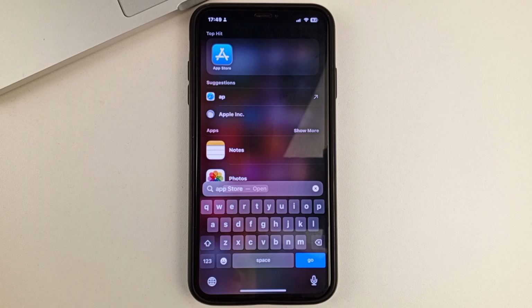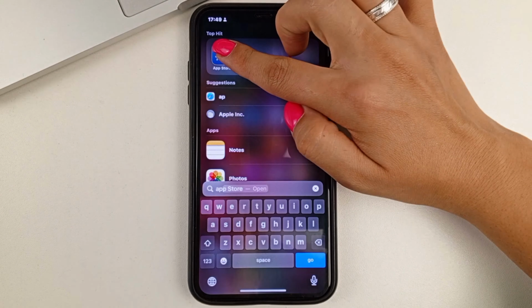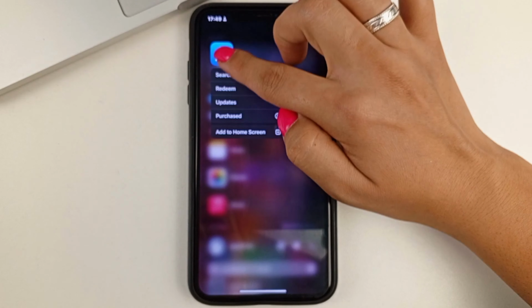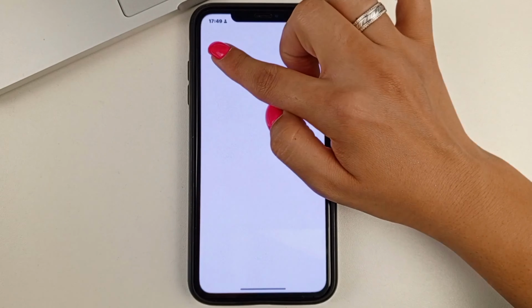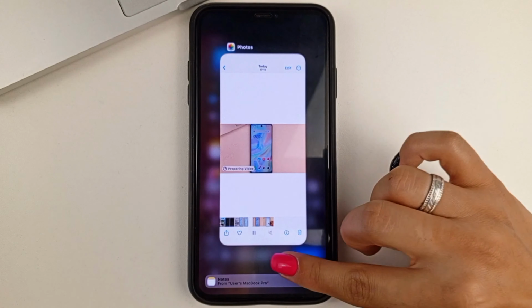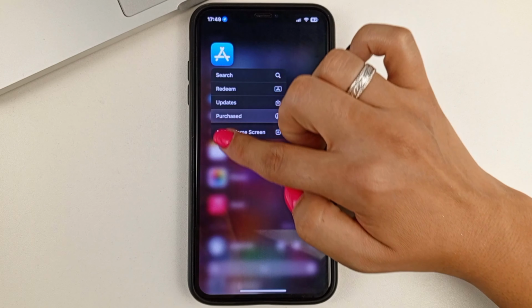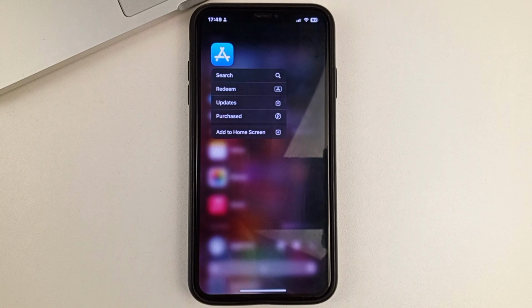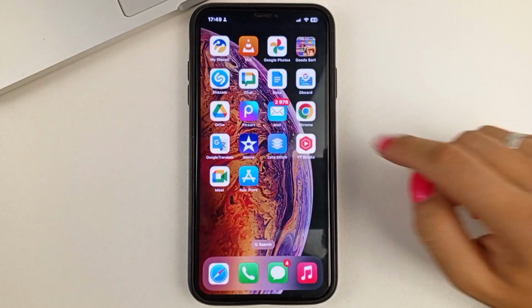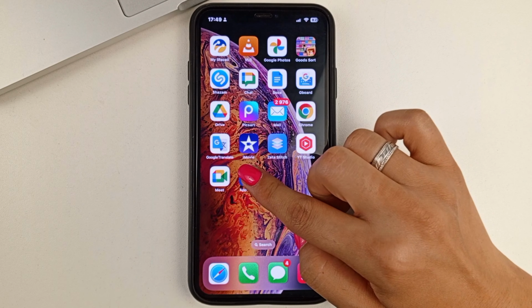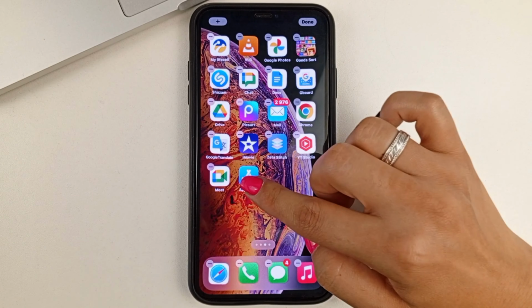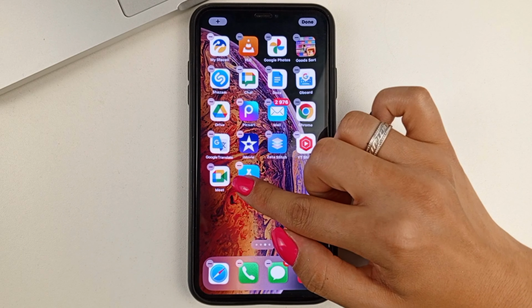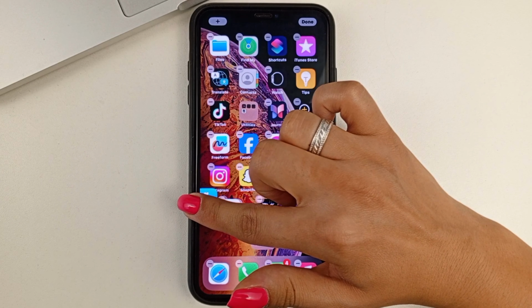And in order to bring it to the home screen, you'll need to tap, hold, and then you can just select. Press, and here you can select Add to Home Screen. And now, folks, you can also tap, then edit the home screen and move the app to where you want it to be.